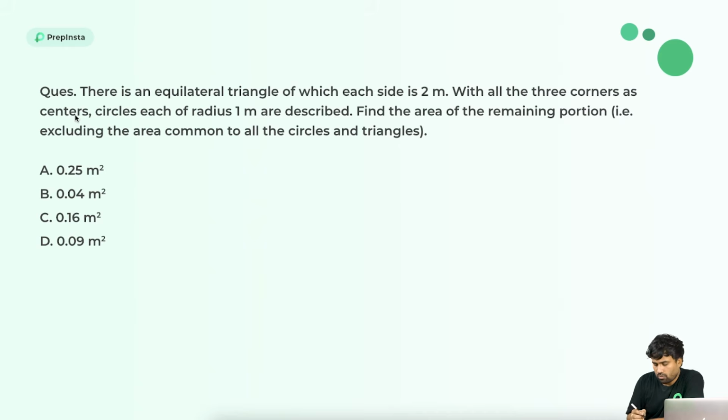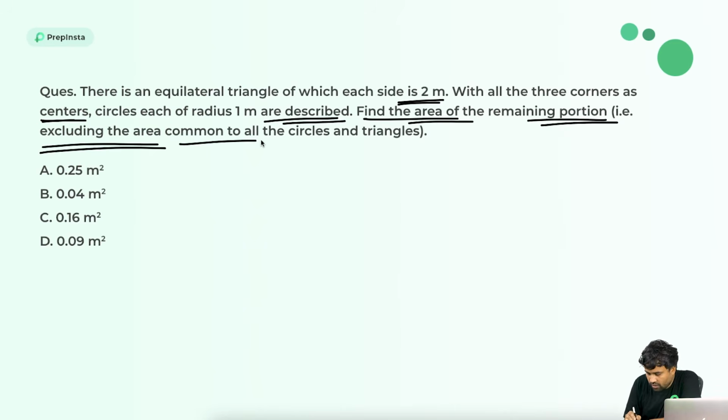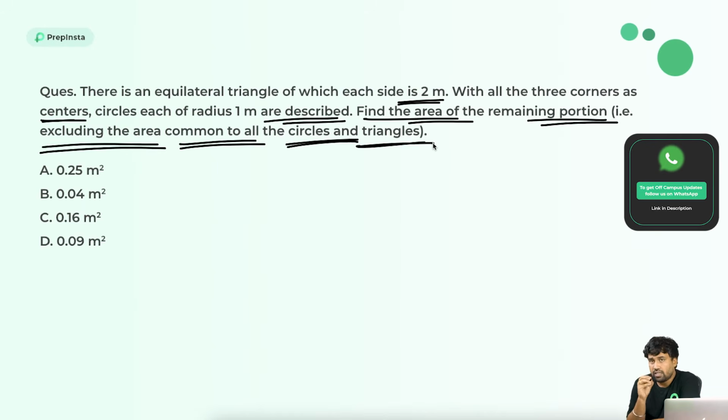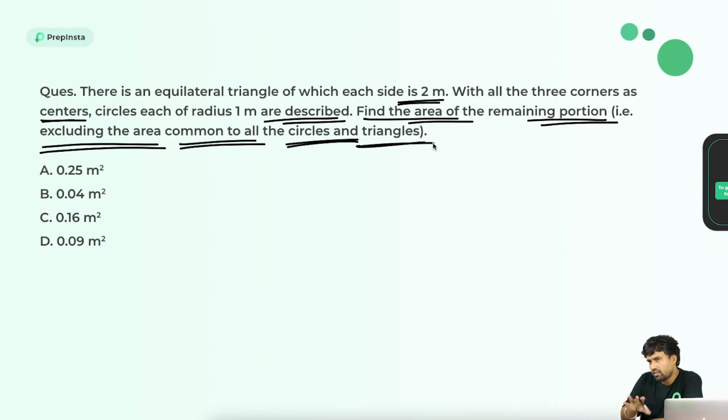Okay, just look into the problem, guys. There is an equilateral triangle of which each side is 2 meters, with all the 3 corners as centers. Circles of radius 1 meter each are described. Find the area of the remaining portion, that is, excluding the area common to all the circles and the triangle. So they have given a very easy concept, but they twisted it with the circles and